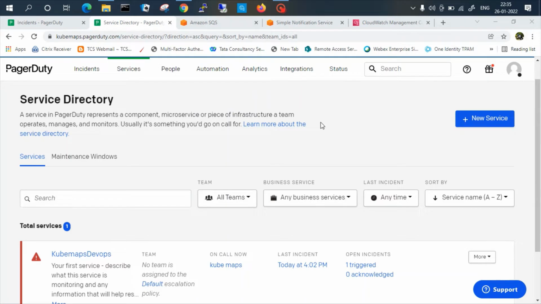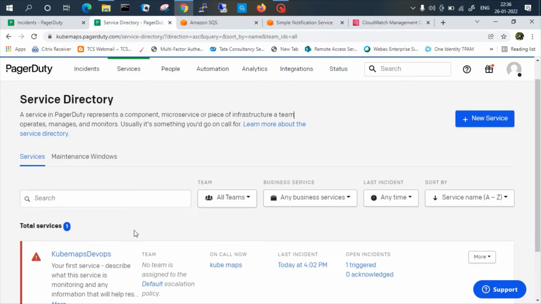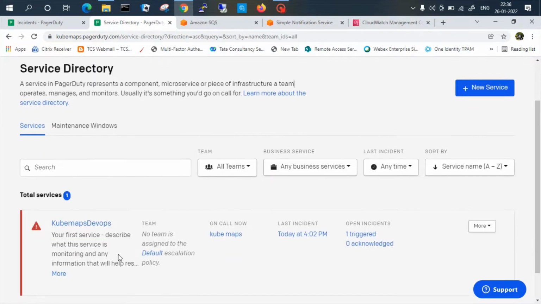Hello guys, today we'll see how we can set up an alert in PagerDuty of the services which we are having in AWS. So if we have got any alarm configured in CloudWatch, we can send an alert in PagerDuty. So we'll check out that. For that purpose, I have created a service directory and we'll try to add the CloudWatch alert in this service